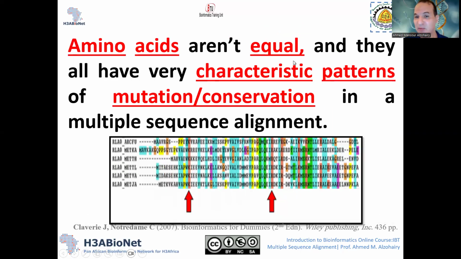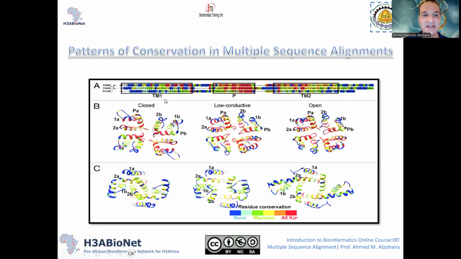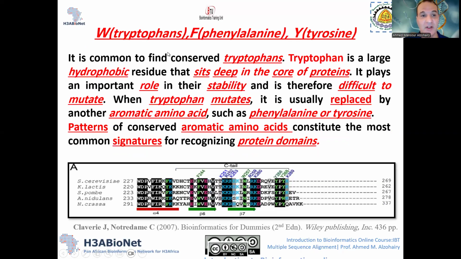Amino acids aren't equal, and they all have very characteristic patterns of mutation and conservation in a multiple sequence alignment. And we will see as we go that there is a pattern of conservation in the multiple sequence alignment we're looking for. So if you see tryptophan or phenylalanine or tyrosine exist and conserved, in this case you have to interpret it in a very certain way, because it's common to find conserved